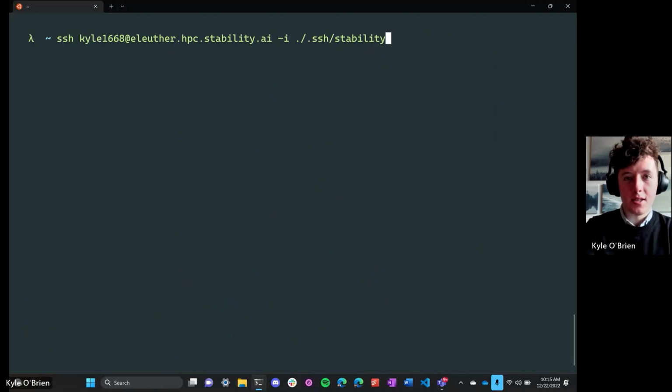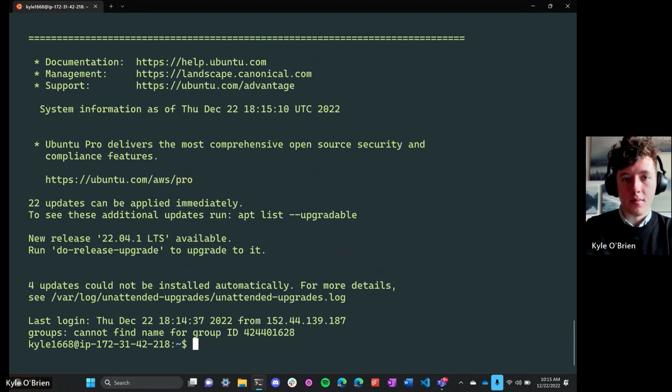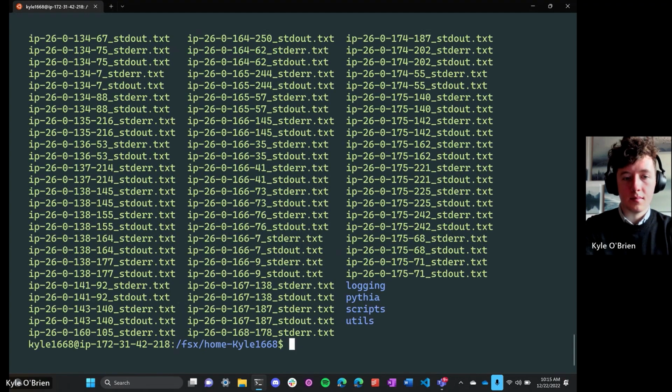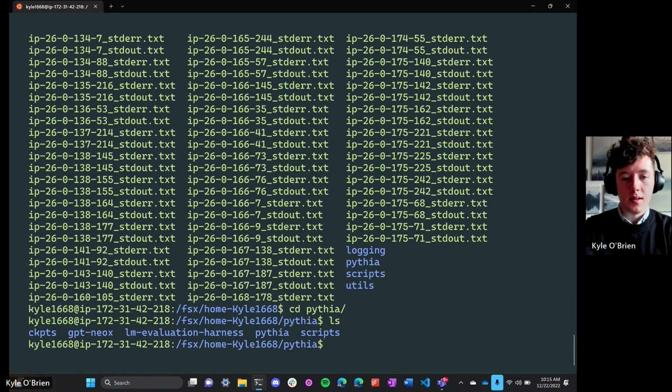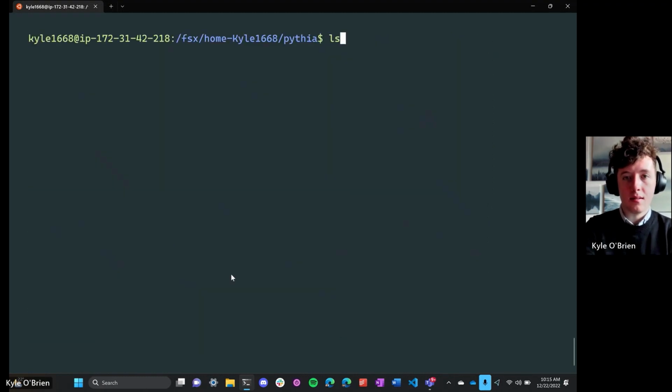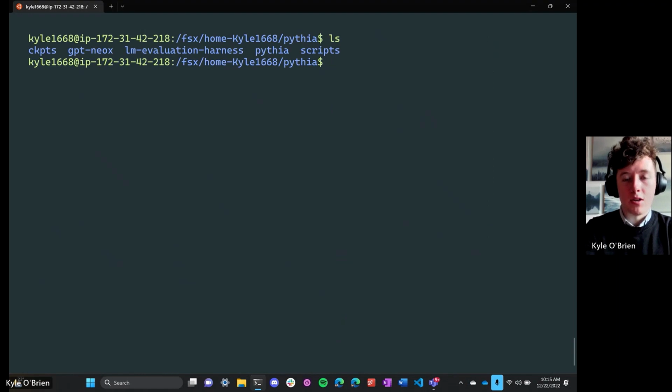First you would SSH onto the Eleuther Stability cluster. And then you would go to your working directory. In this case, mine, like most folks, is in the FSx one. Then I have this Pythia directory, which contains the repos for GPT-NeoX, the language model evaluation harness,